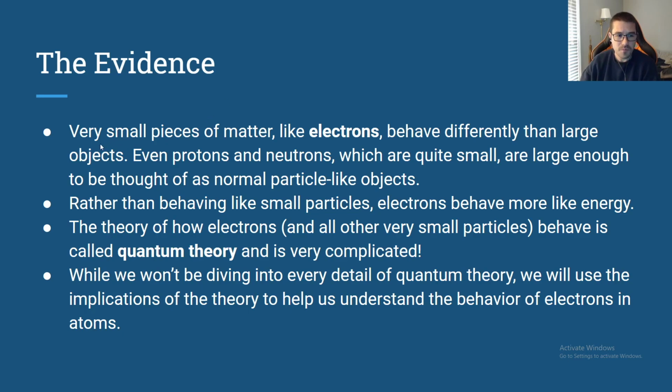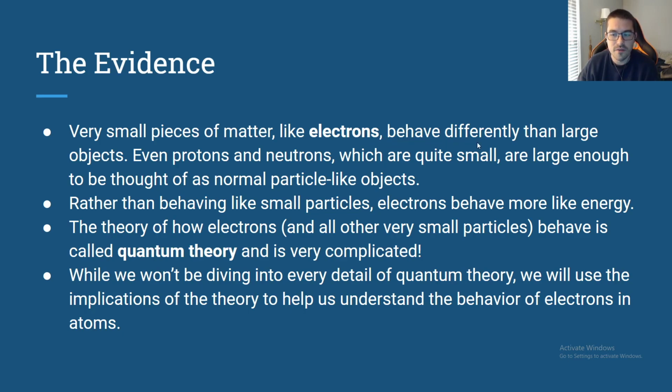So for very, very small pieces of matter, like electrons, and you'll recall from before break, electrons are the smallest subatomic particle, right? Protons and neutrons are also very small, but electrons are way smaller than that. You remember looking at the masses for those different particles. Electrons are very small, right? So for very small pieces of matter, like electrons,